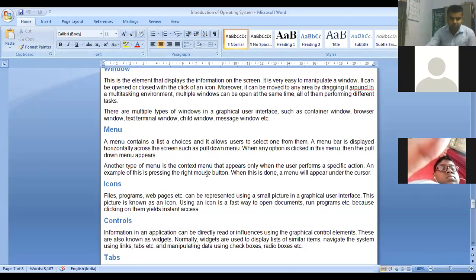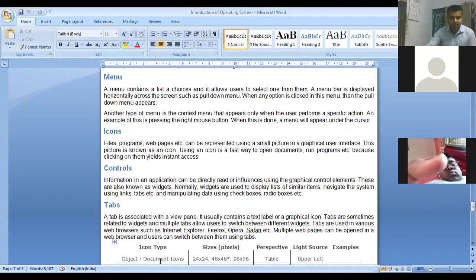Because suppose you are asked to save this entire document, or to edit it, to change the style of the font, to increase the size of the font, to change the color of the font, and you are asked to do it with the help of the command user interface. Imagine how many commands you would have to type. But here you have to do nothing. With a matter of click, you can select any text and do the necessary editing and changes with the help of the menus which appear on your window. So menu has become one of the most effective options available in the graphic user interface.